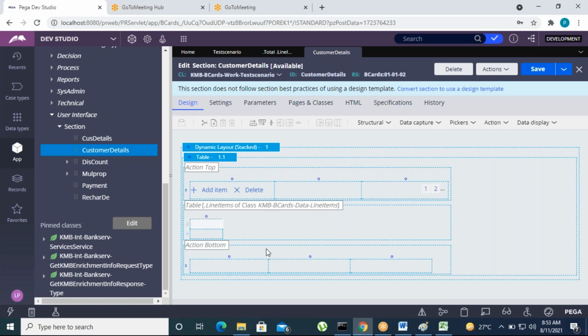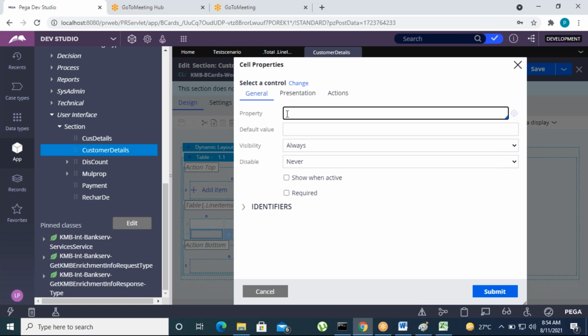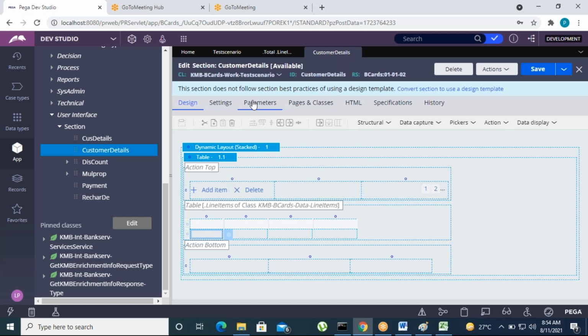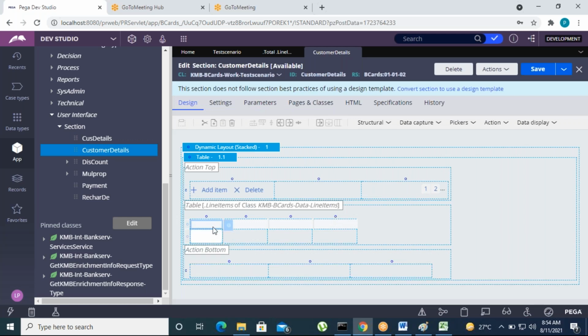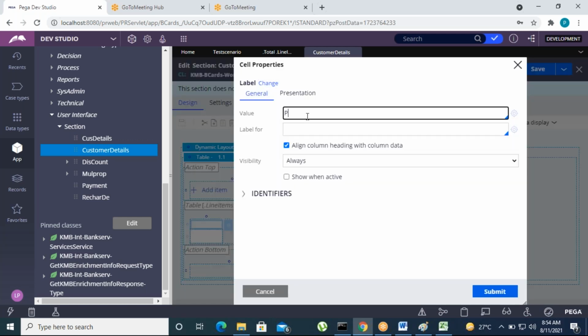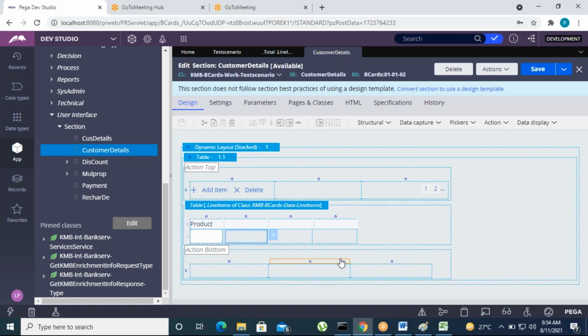Okay. So we can add the fields. The first one is the product, cost, quantity, total. That's it. The first box indicates the value of the property. Okay. So the second box indicates the heading, only the heading of the property. Give the heading only, second box. That is product.